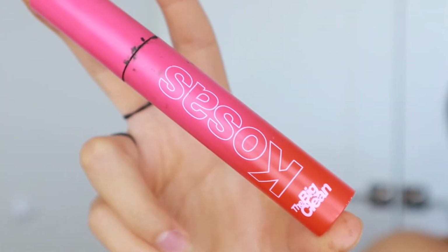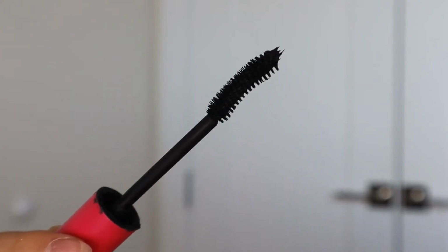This mascara I have been obsessed with. This is the Kosas mascara. Normally I don't like spending money on mascara because I feel like it's a waste. You're just gonna go through it and need another one next month. But this I will spend money on. It gives my lashes so much volume, so wispy, so sexy, sultry. I used to be hooked on this $5 Essence one, and this has definitely taken its place. The combination of the freckles and the black mascara, the brown freckles, makes my eyes look so